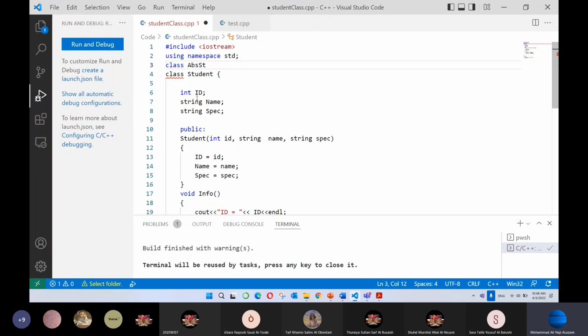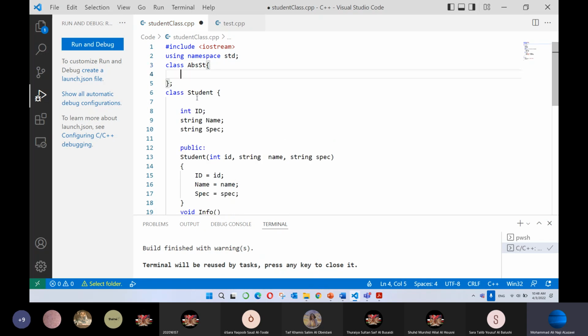This is just any name you want to give it. I don't want to make it very long. So class abstract student. That means all the subclasses should satisfy the function that, of course, here we are going to define as a pure virtual function. So here, if I want to define virtual,